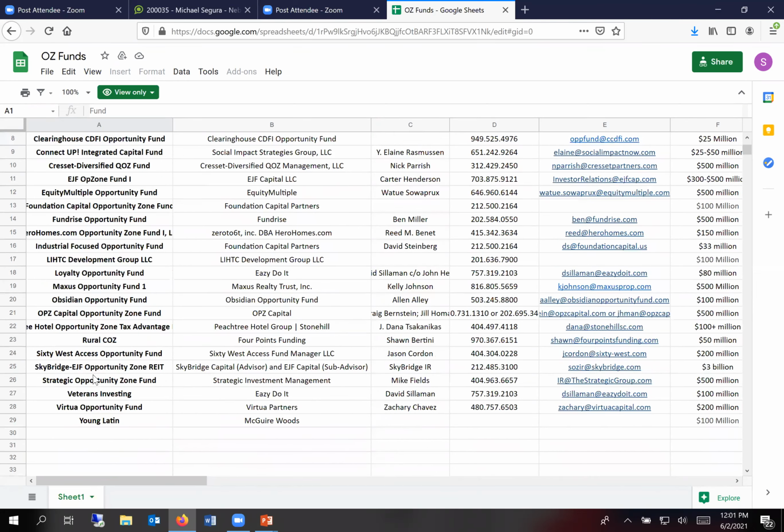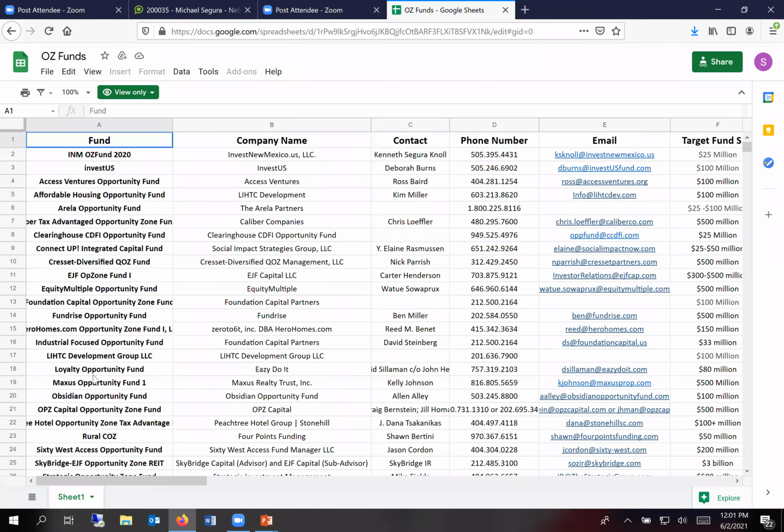But if you approach one of these opportunity funds with a great idea, capital gains tax is only deferred if they invested in opportunity zones. So you see the carrot and the stick right there. The people who invest in these opportunity funds don't want to pay capital gains taxes. The people who run these opportunity funds have to invest that money, or 90% of that money, in an opportunity zone. And you have the benefit of being able to get partial investment or full investment from one of these funds.